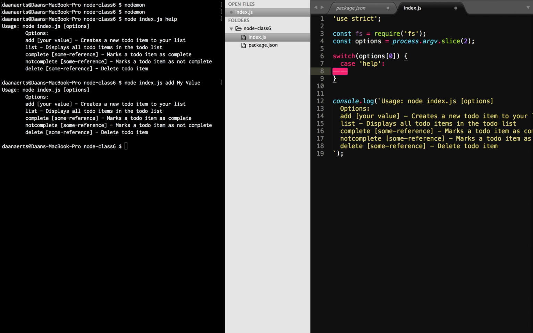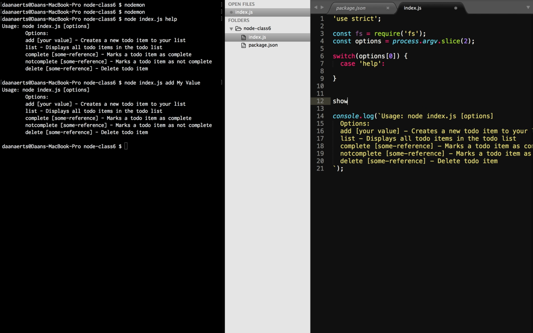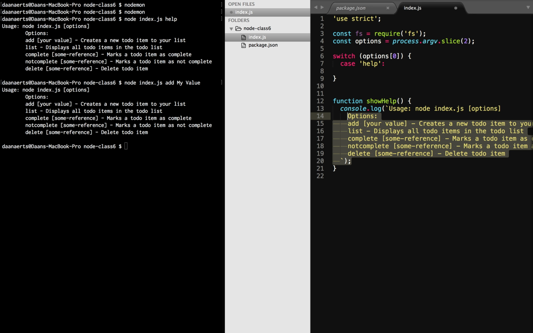Yeah, the console. Could be basic. So in this case, let's just wrap it in there. I want to show function show help, just for niceness sake. Like we could copy paste it in there, but then that switch statement is going to contain all of our crap. So show help, and then